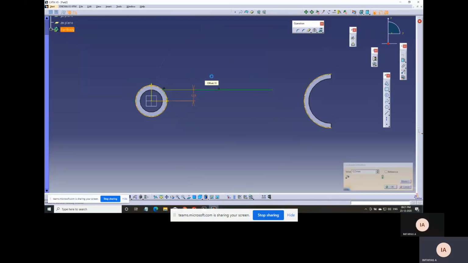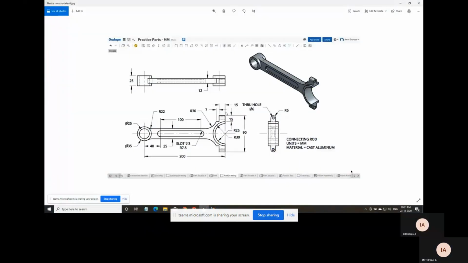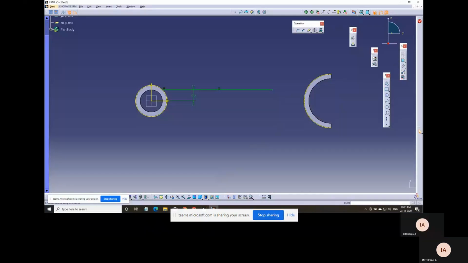So from the center, it is 12.5 mm. The dimension is 22 from the big end.